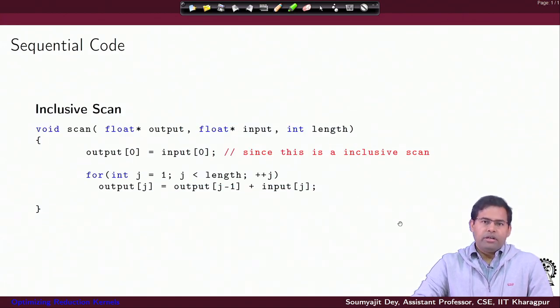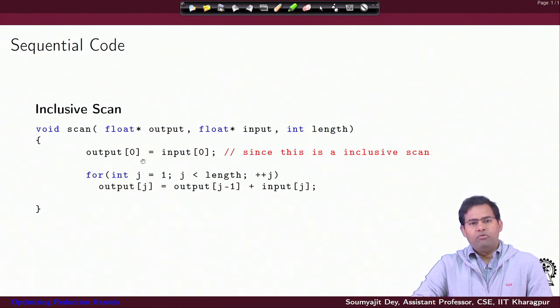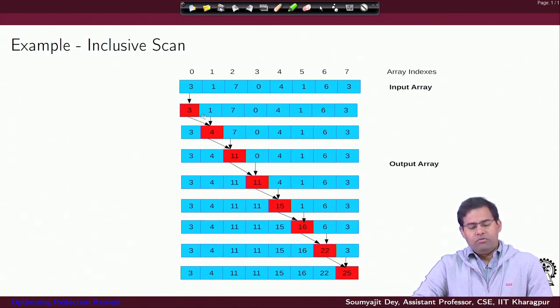So, if we just take an example of the code for inclusive scan, this is normal sequential code, of course, it's just a simple for loop. Please take a second and have a look. All you are doing is accumulating the values in the output array. So, in the jth iteration you are computing output j as simply the previous iteration's output plus the current location j value of the input array, input j plus the currently accumulated value in output j minus 1. This sum is naturally going to give you the output j value. So, this is nothing but the way you are sequentially iterating over.